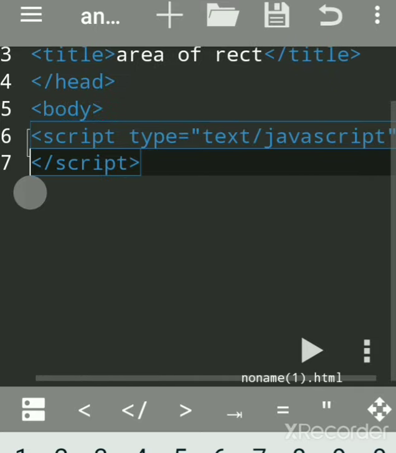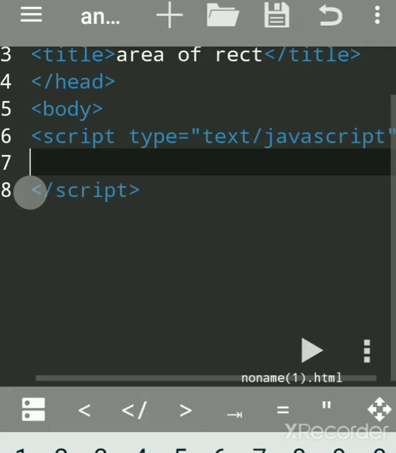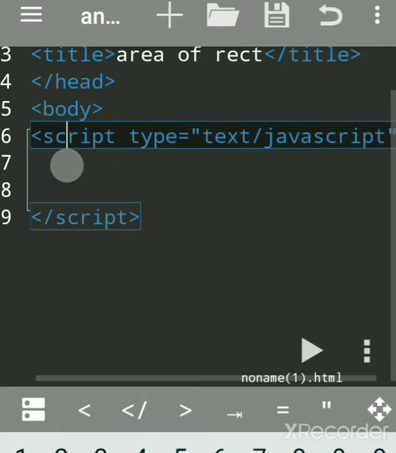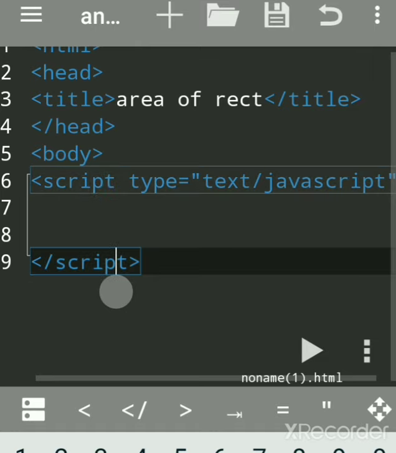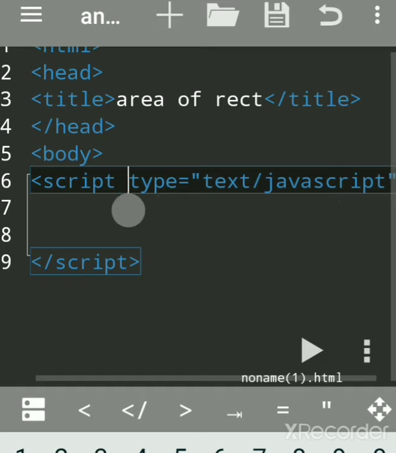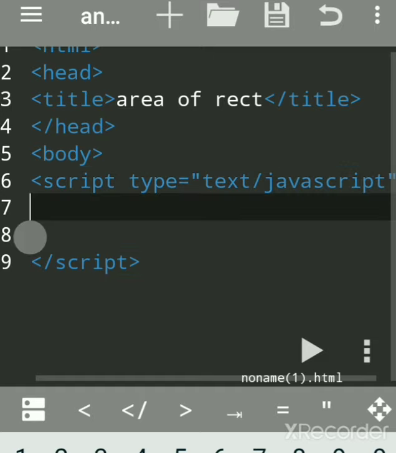Mostly event functions are written in the head section. To write any JavaScript code, this tag is used, and it comes automatically in the Android app on mobile, but if you are using Notepad, then use language equal to JavaScript.